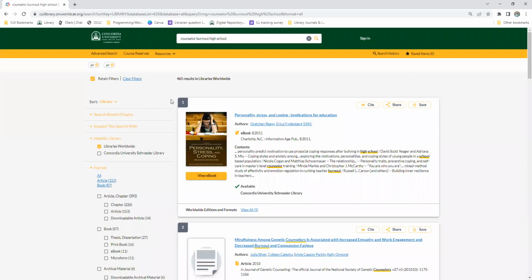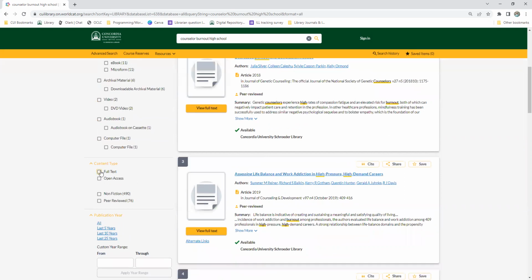From here, we can see we have 465 different results. It is important to note that these are results from libraries worldwide, not just Concordia Schroeder Library, so you may not have immediate access to all 465. If you wanted to narrow it down to just what you would have immediate access to, you could do that by clicking on this tab marked Concordia University Schroeder Library under Held by Library, or using the full text option